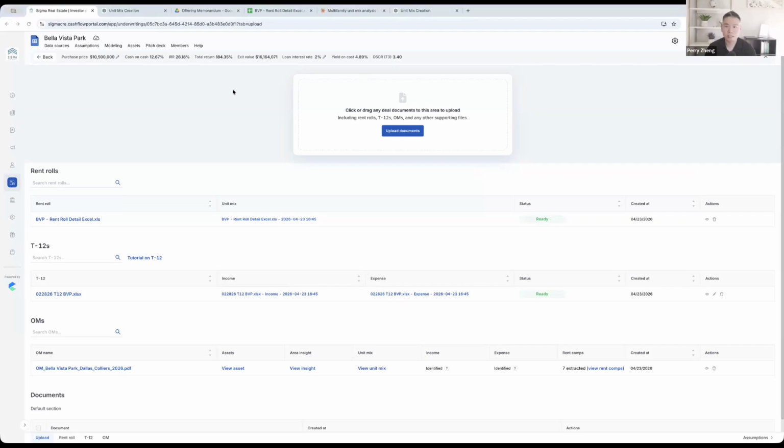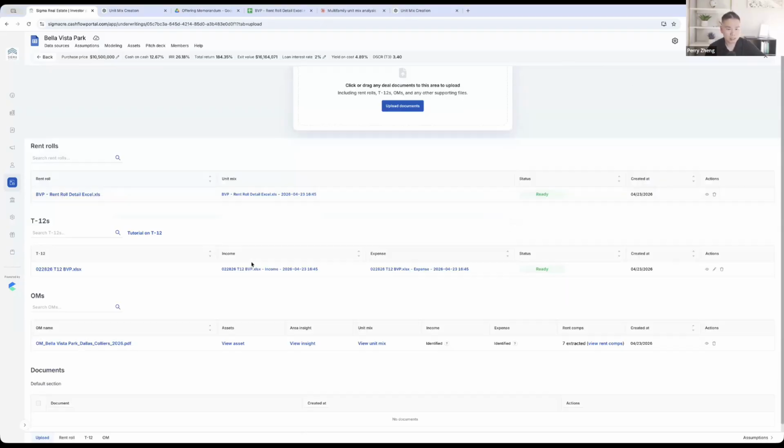So what we have created is an underwriting software that leverages AI for the purpose of multifamily syndication, single families, short-term rentals, and basically a lot of real estate underwriting. The first thing you do here is upload an OM, your rent roll, and your T12. You can also upload other documents like your appraisal report or any kind of due diligence report, and you will treat these documents almost as a Google Drive.